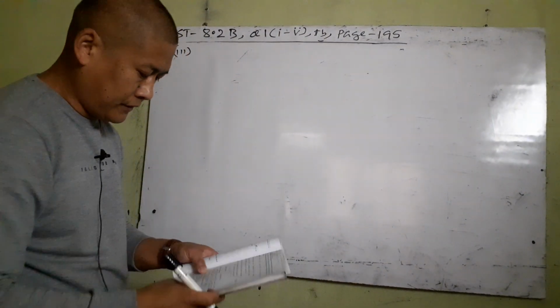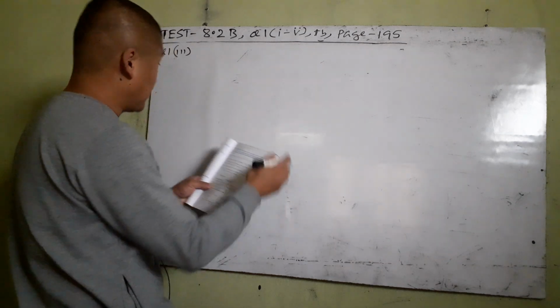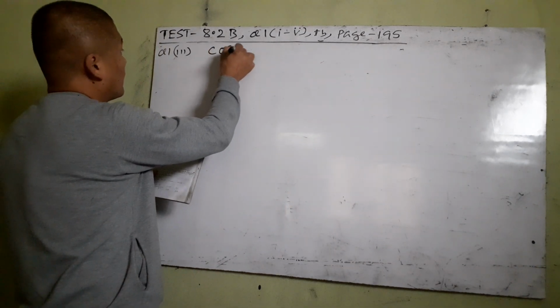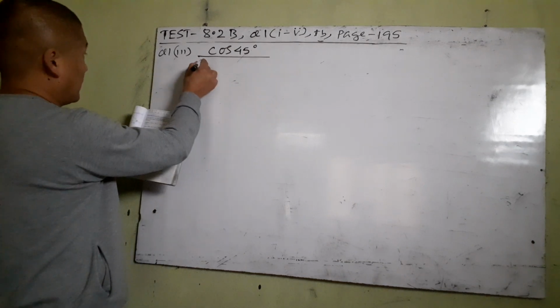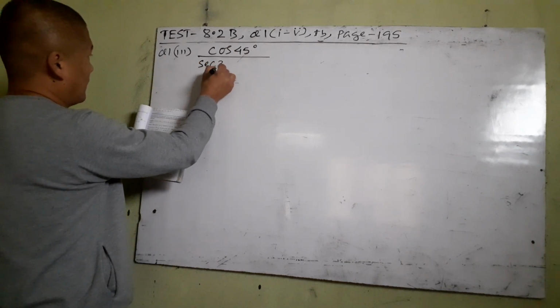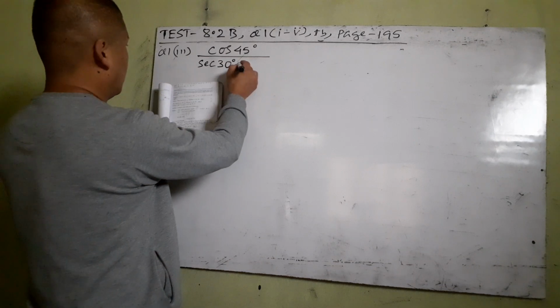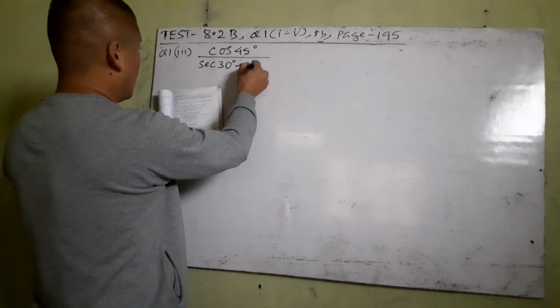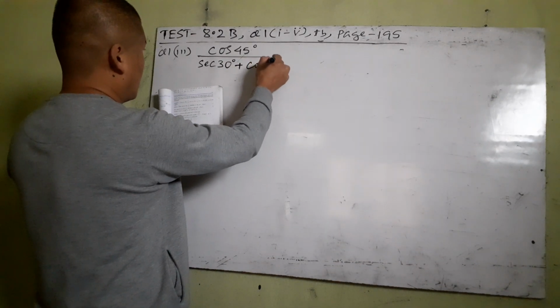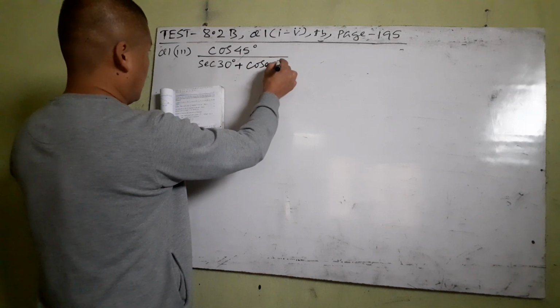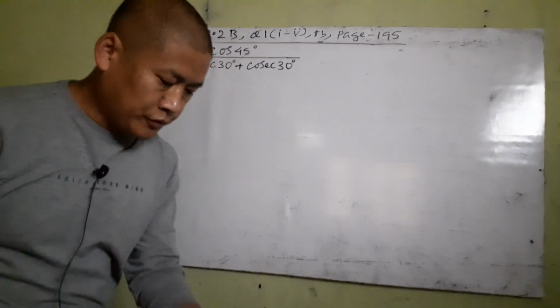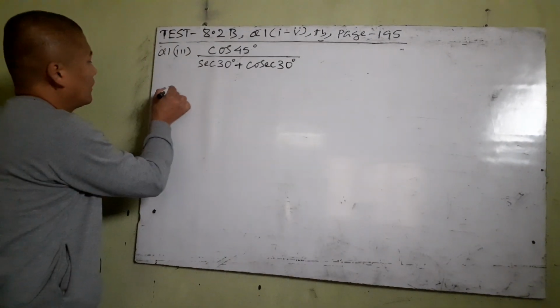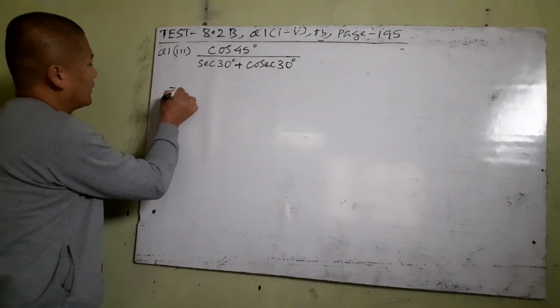So here subheading 3 is cos 45 degree divided by sec 30 degree plus cosec 30 degree. So we have to solve this and find the value. So put your equal sign and put a long line